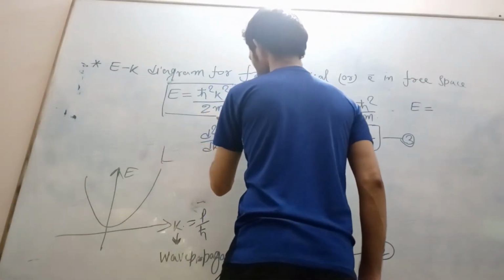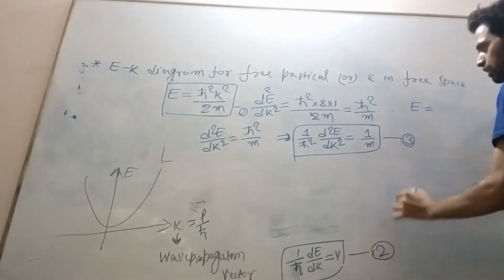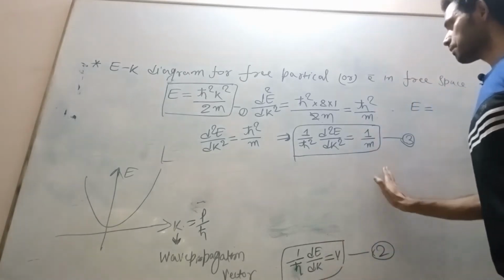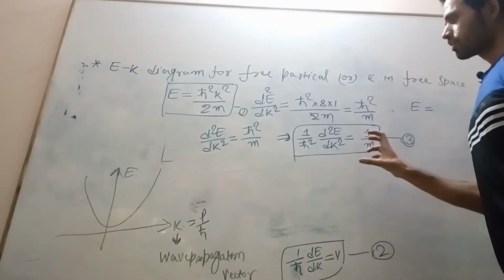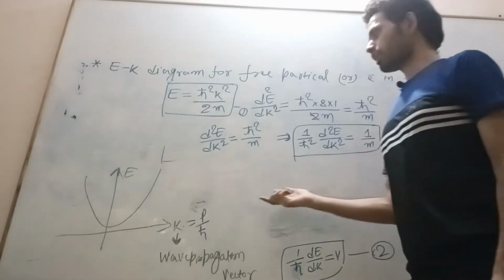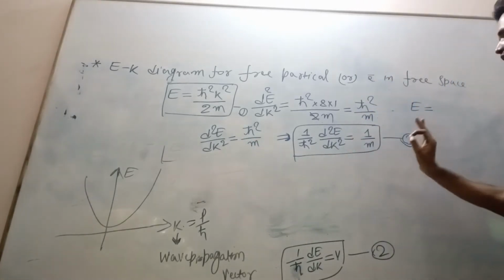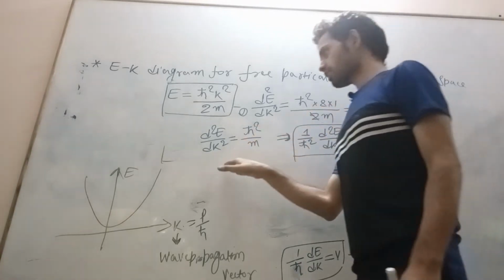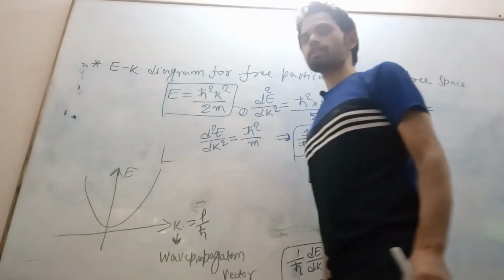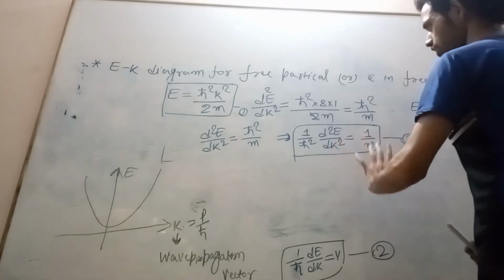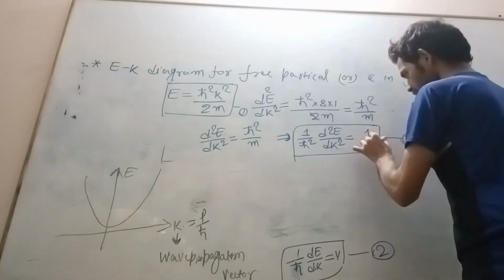This is my equation number 1, this is equation number 2, and this is 3. These results we will apply to the effective mass of electron in the conduction band as well as in the valence band. Okay, so these are the equations. Now see here,